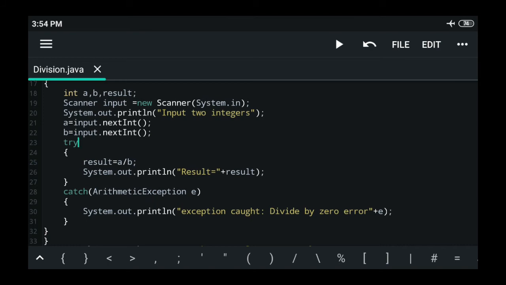And assume if b is given as 0, then the try block throws an exception which is caught by the catch block, and the type of exception here is ArithmeticException. So we are creating an object called e, of the type ArithmeticException, and in the catch block we display what type of exception had occurred by using System.out.println, to which we have passed the exception object e.